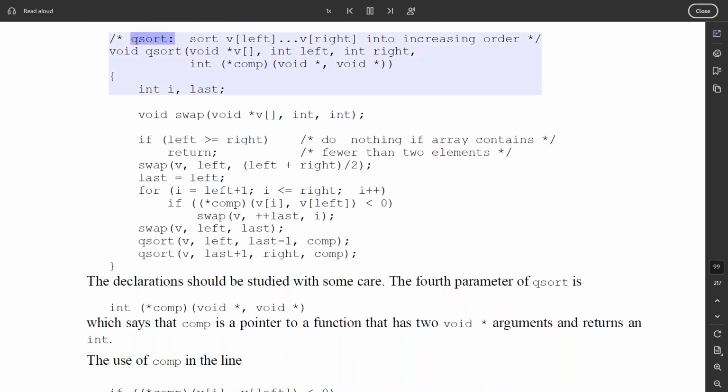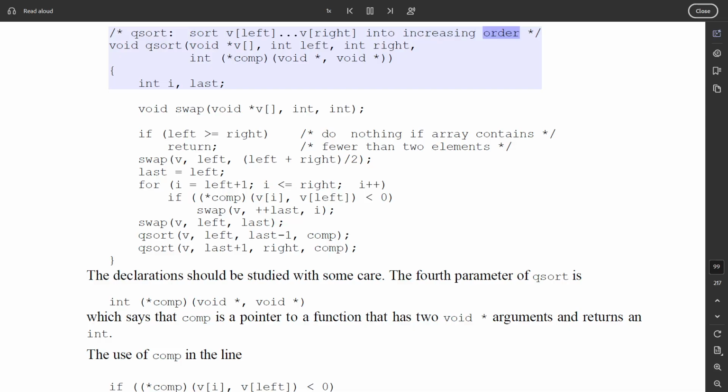/* sort v[left]...v[right] into increasing order */ void sort(void *v[], int left, int right, int (*comp)(void *, void *)) { int i, last; void swap(void *v[], int, int); if (left >= right) /* do nothing if array contains */ return; /* fewer than 2 elements */ swap(v, left, (left + right)/2); last = left; for (i = left+1; i <= right; i++) if ((*comp)(v[i], v[left]) < 0) swap(v, ++last, i); swap(v, left, last); sort(v, left, last-1, comp); sort(v, last+1, right, comp); }